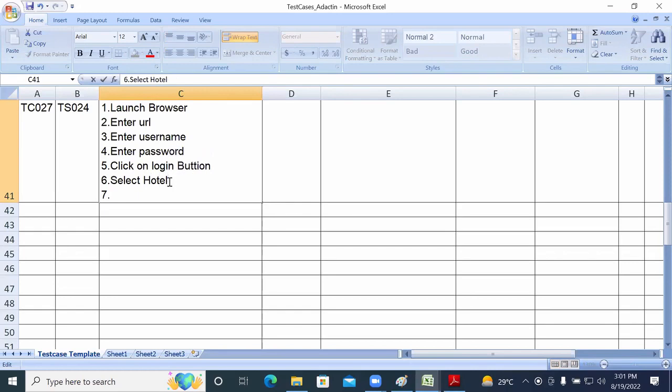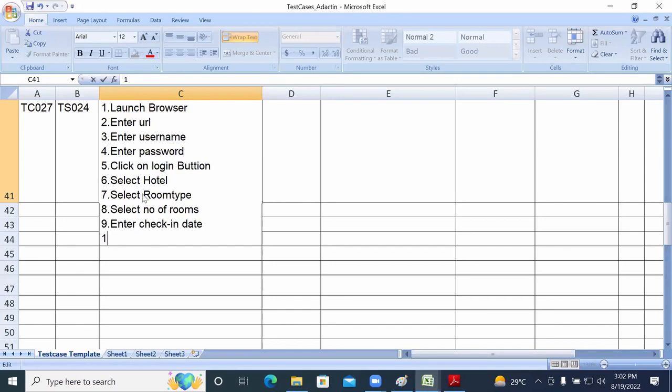Select hotel. Okay. After that, select room type. Okay. After that, select number of rooms. Okay. Next. Check-in date. Enter check-in date. Okay. After that, enter checkout date. Okay. After that,